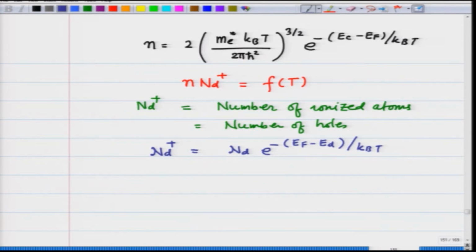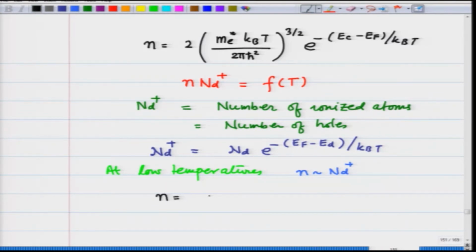Now, using the law of mass action and multiplying N and N_D+, we can get the number of electrons in the conduction band. Notice that at low temperatures, all the electrons are coming from the donor levels. So, I can say that N is roughly equal to N_D+, and then using all this I am going to get